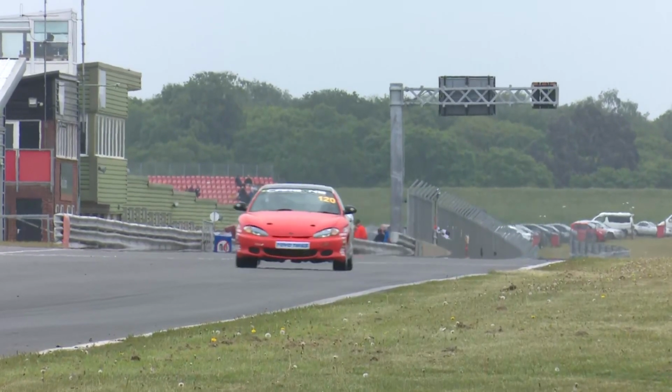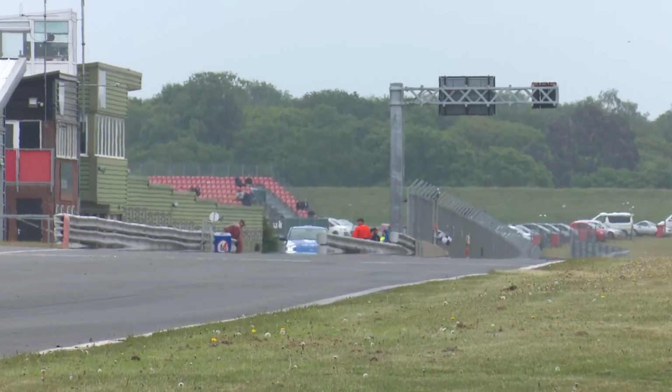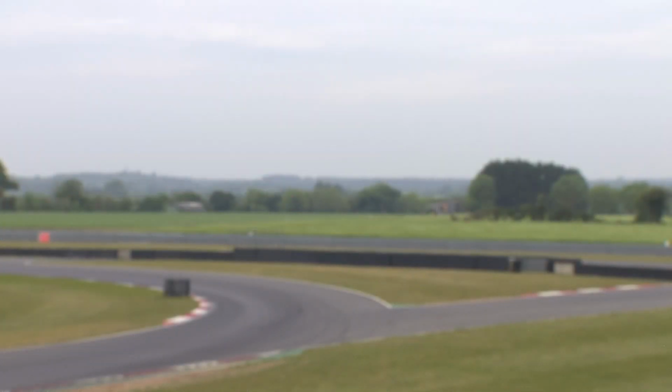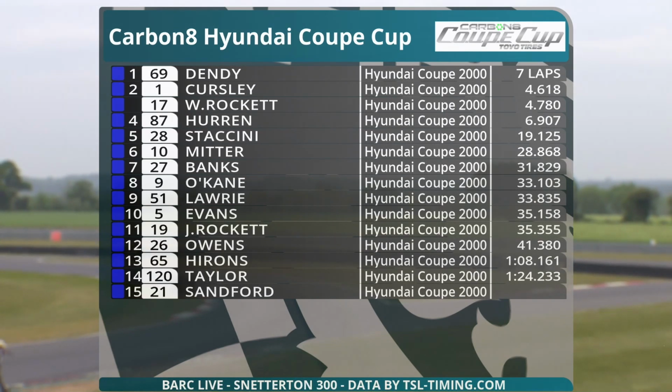Good stuff then from the Carbon8 Hyundai Coupe Cup. They have another race later on, our final race of the day. Be another 15-minute thrash for the Coupes. The win goes to Alistair Dendy, his first win of the season, taking the win ahead of Alex Kersley by 4.5 seconds at the flag. He was just over a 10th of a second clear of Wayne Rocket, who was challenging hard in the final